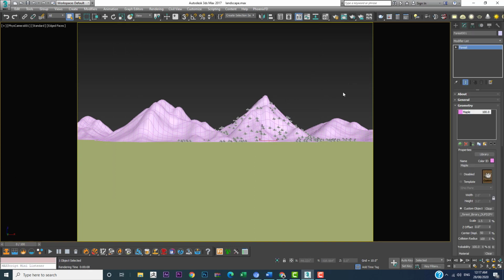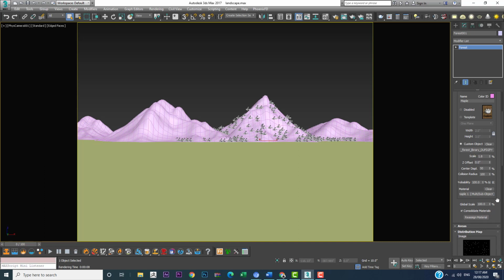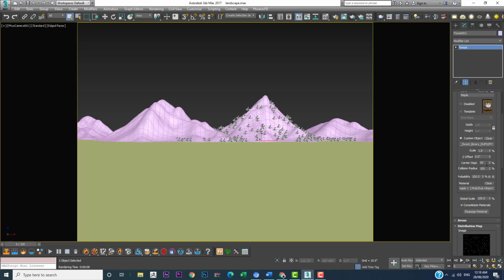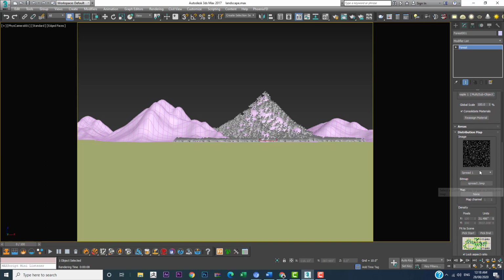Just select the forest object again, and let's increase the spread. Also I'm just making these trees a little bit bigger, something around 1.8. Okay, and here's the global size, global scale. You can increase it here also if you want. Okay, and let's make the spread 1. It's too dense, something like this, and let's see how it